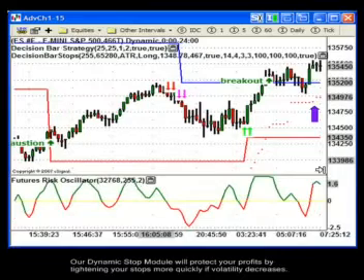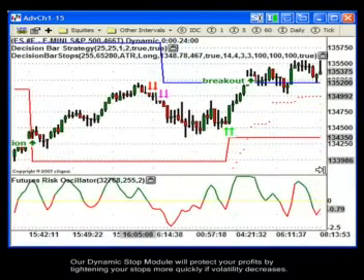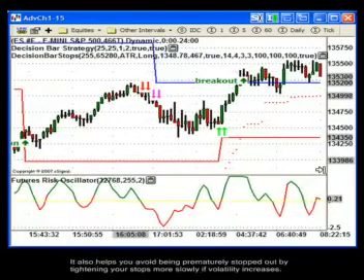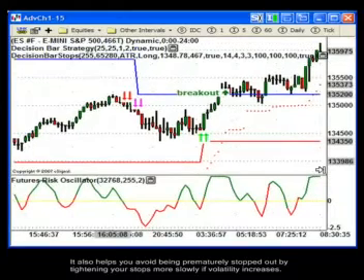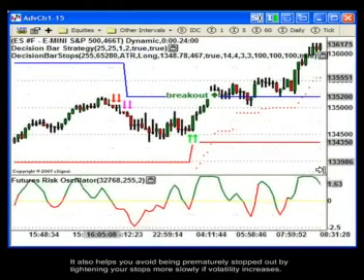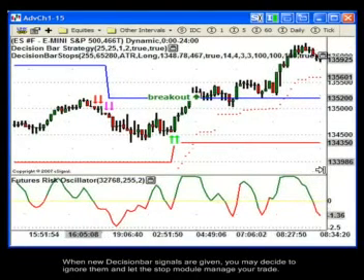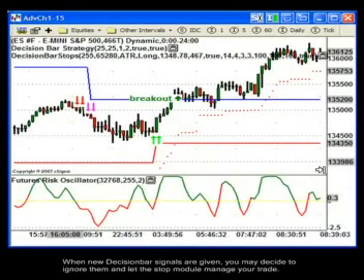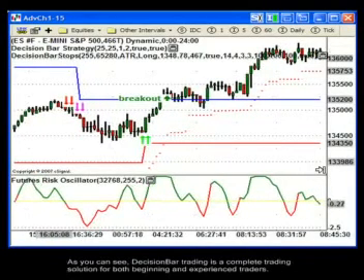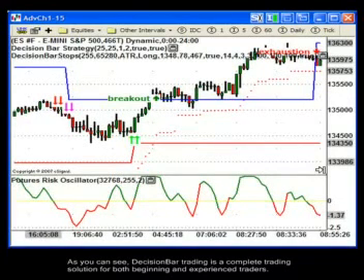Our dynamic stop module will protect your profits by tightening your stops more quickly if volatility decreases. It also helps you avoid being prematurely stopped out by tightening your stops more slowly if volatility increases. When new DecisionBar signals are given, you may decide to ignore them and let the stop module manage your trade. As you can see, DecisionBar trading is a complete trading solution for both beginning and experienced